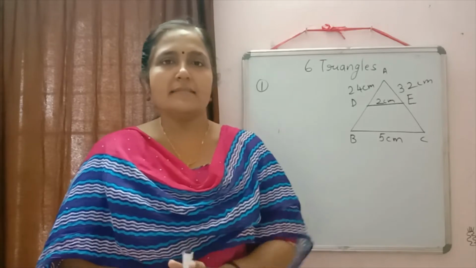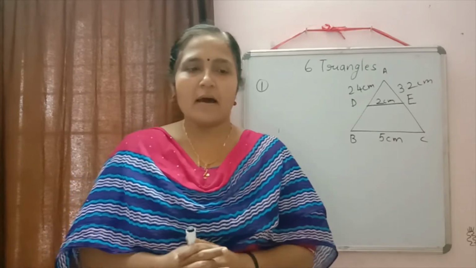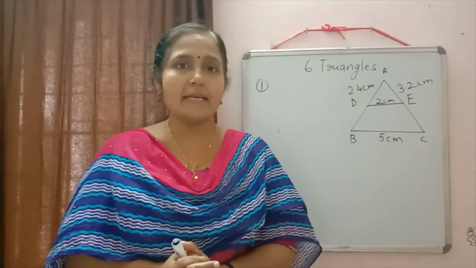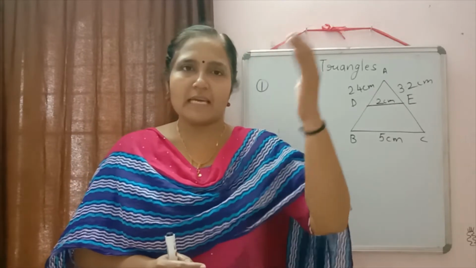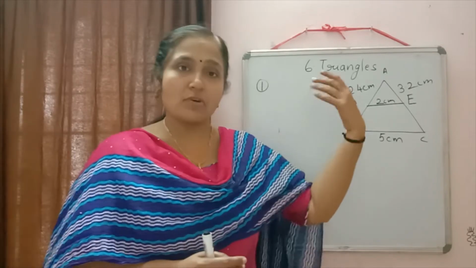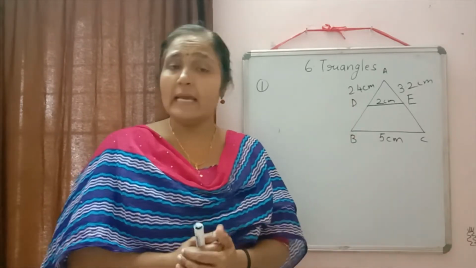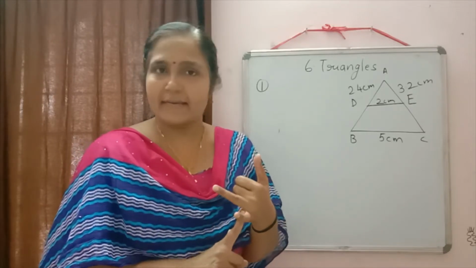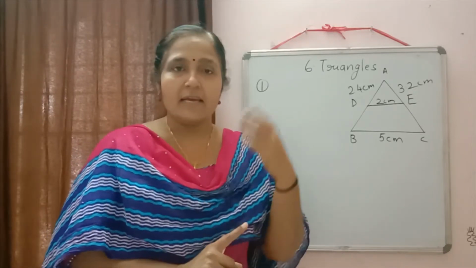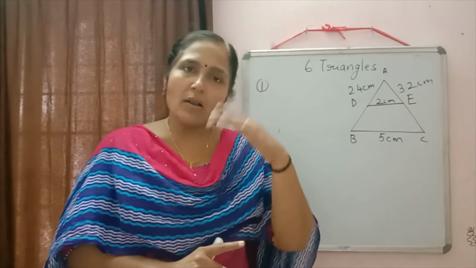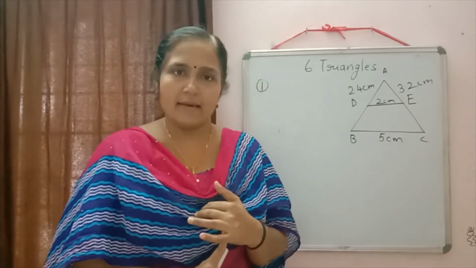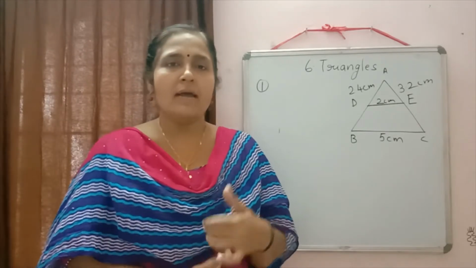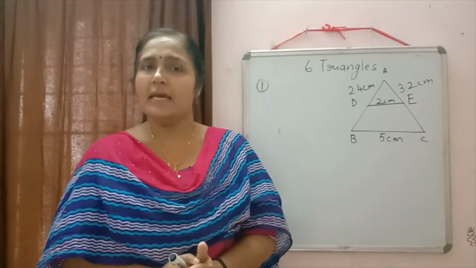In the previous class we discussed some questions about similarity of triangles and we studied the similarity criteria also. So we can revise the criteria and then we will solve some more questions based on them. First we studied AAA criteria. As the name suggests, if in two triangles all the angles are equal, then automatically their corresponding sides will be in the same ratio and hence the two triangles will be similar.